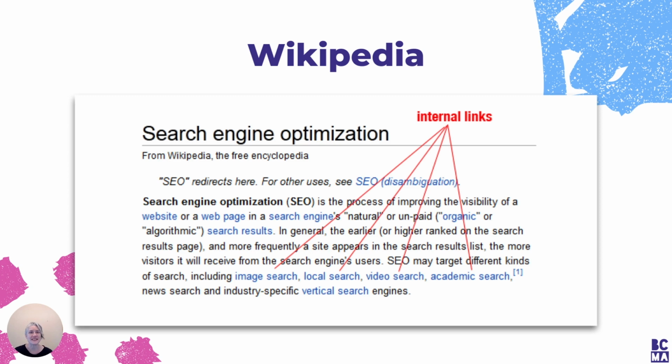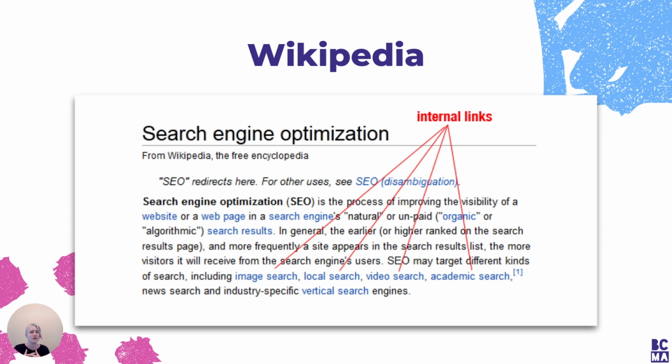If you want to think about internal links, think about Wikipedia, because they are masters of linking internally. If you have ever gone down a Wikipedia rabbit hole and 20, 30 minutes, or 2 hours later are suddenly like, how did I go from the thing that I started out searching to the thing that I'm reading about now? It's because of internal links. If you look at this, there are all of these links in here, linking internally to other pages on Wikipedia.